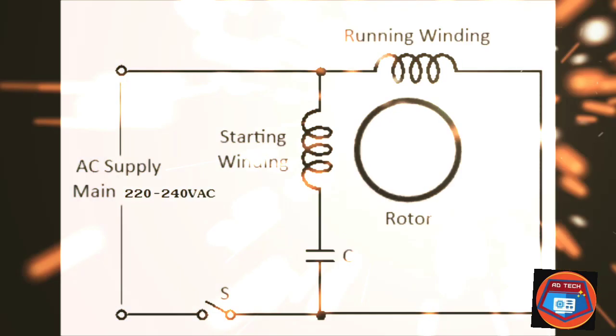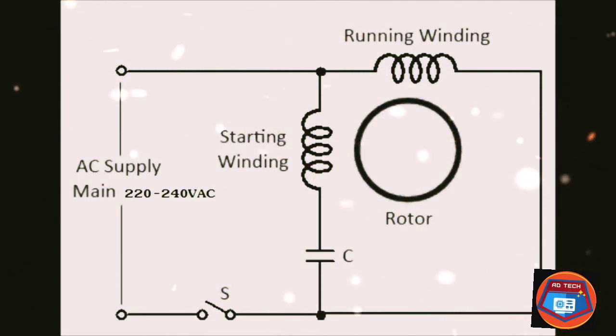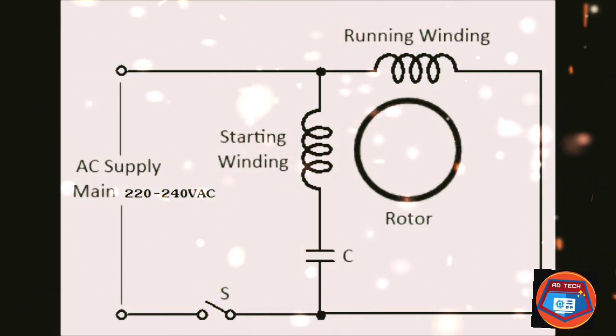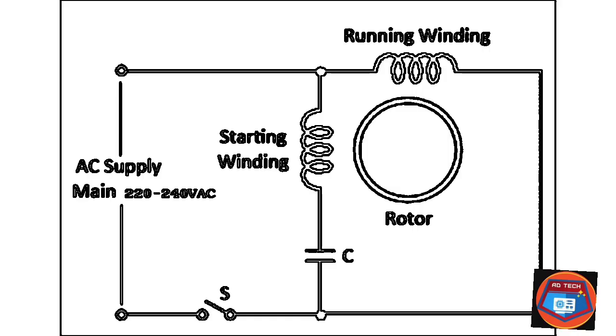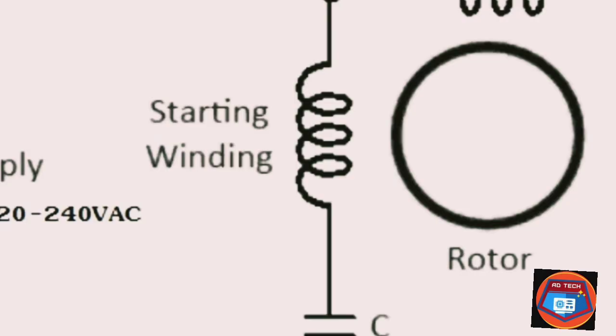Now when the switch is closed, the same 230 volt AC is entering the running winding and the capacitor. The phase that enters the capacitor will get shifted 90 degrees in phase inside the capacitor and comes out, and now this shifted phase is entering the starting winding while the applied phase is in the running winding. Due to two different phases in each winding, the magnetic rotation will be created and thus cause the rotor to